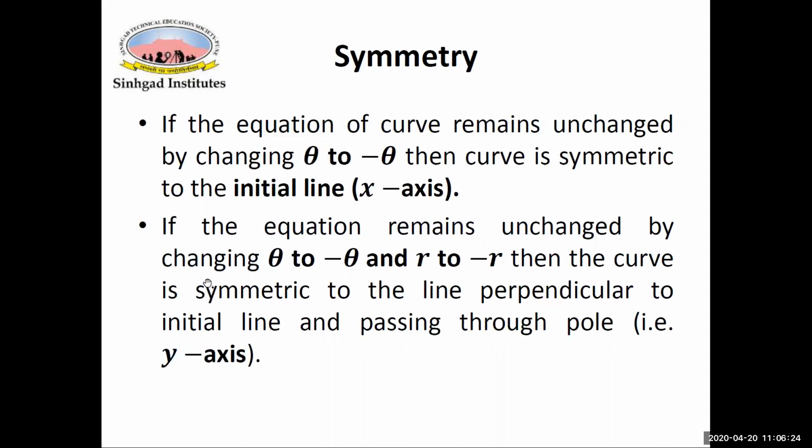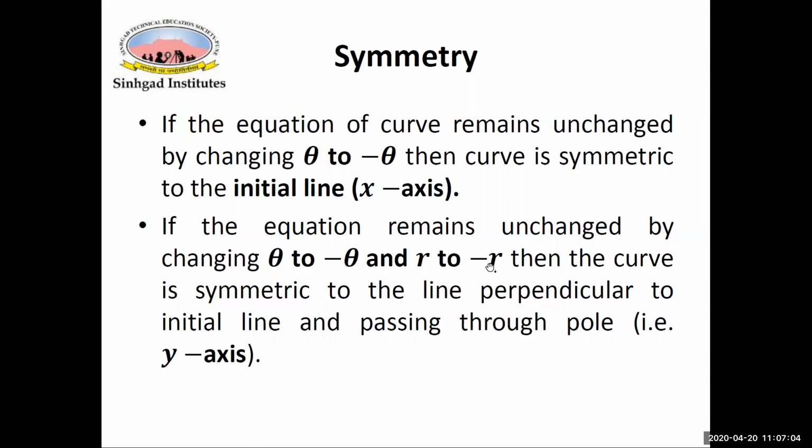The second case is, if on replacing theta by minus theta and r by minus r, the equation remains unchanged, then the curve is symmetric about the line perpendicular to the initial line, which is nothing but the y-axis. And that type of curve passes through the pole also. Hence, there are two cases. For the x-axis, we just replace theta by minus theta, and for the y-axis, replace theta by minus theta and